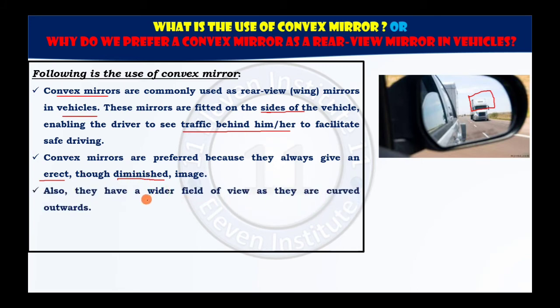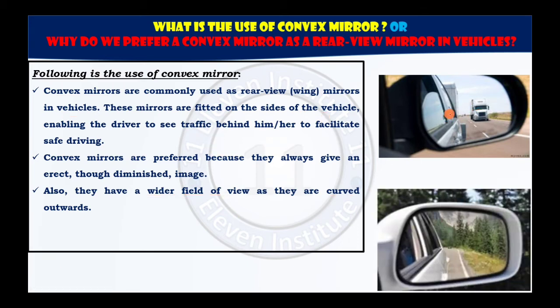Next, they have a wider field of view. You can see that apart from this, all the surrounding area is also properly covered here. They have a wider field of view. Why? Because they are curved outwards. Since they are curved outwards like this, their field area from here to here is quite large. Right, this field area is quite large. It means you can see a landscape image like this. This is one more, right? See, you can see a wider field area. Even if there is no object over here, you can see the entire scene behind you covered inside this convex mirror. So they have a wider field of view, which is very clear from this image over here. Fine.